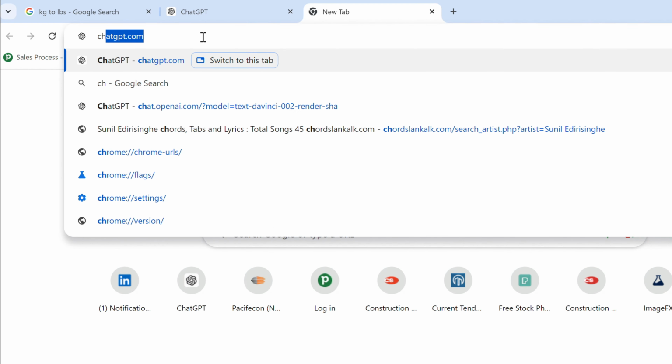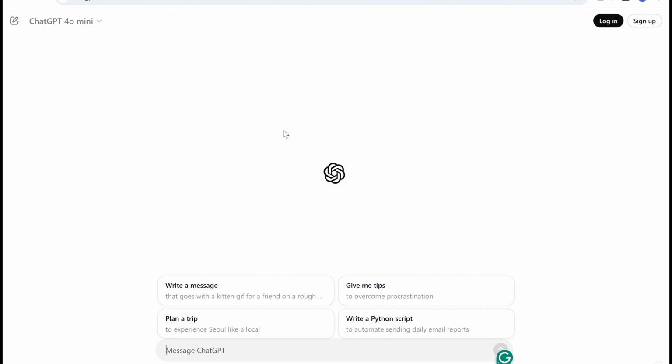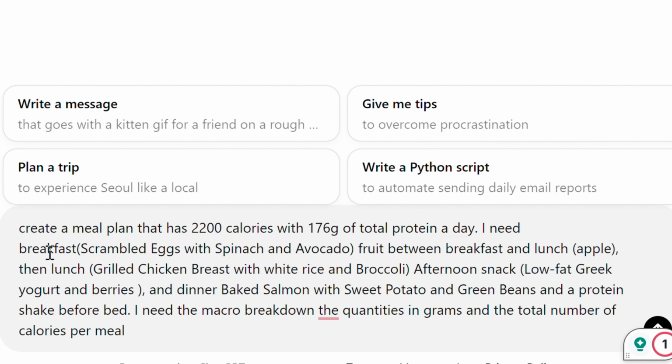Now we have all the necessary information required for us to build this meal plan using the AI tool that we are using, which will be the ChatGPT free version. So let's see how it's done. Go to your web browser and type chatgpt.com. I will be using the free version. In this case, you don't even have to enter your email and log in. After this, we will be providing a very specific set of instructions to ChatGPT.